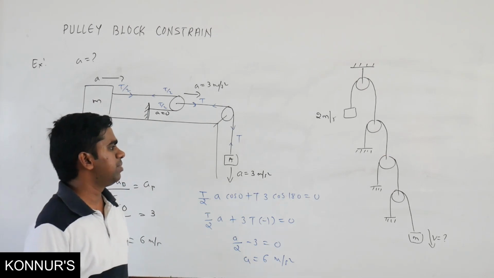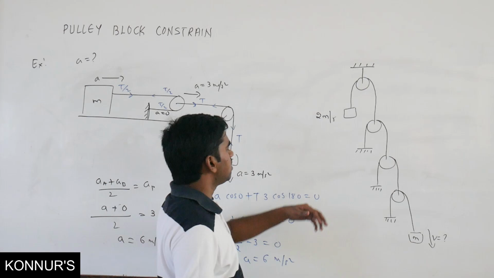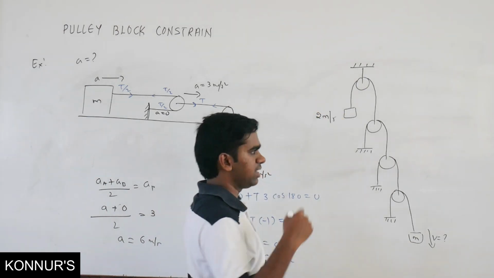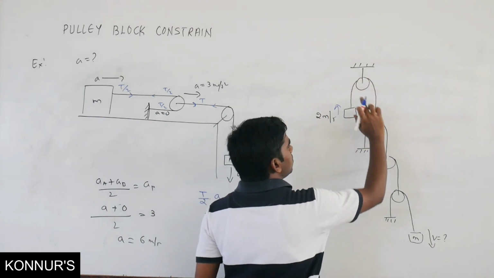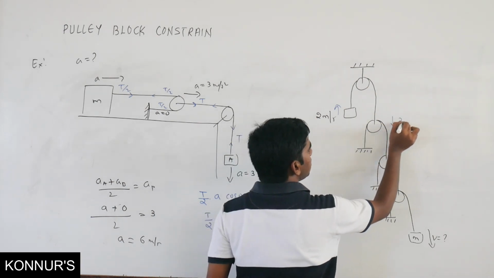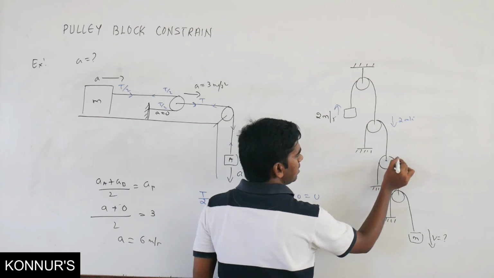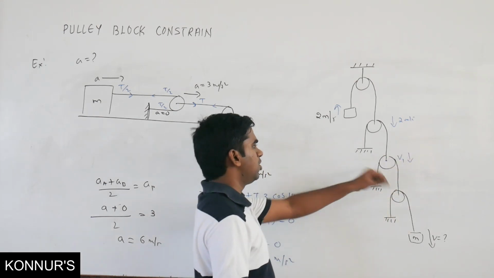So here how can you apply? If you use your pulley method, it will take a long time. You can use it also. Suppose this is moving with velocity 2 meter per second in upward direction. So if here it is 2 meter per second, this pulley is also moving with 2 meter per second in downward direction. You can take this as some V1. This is also moving in downward direction.